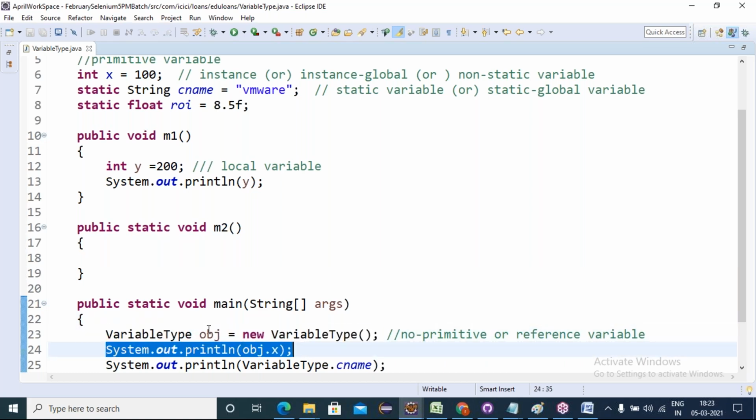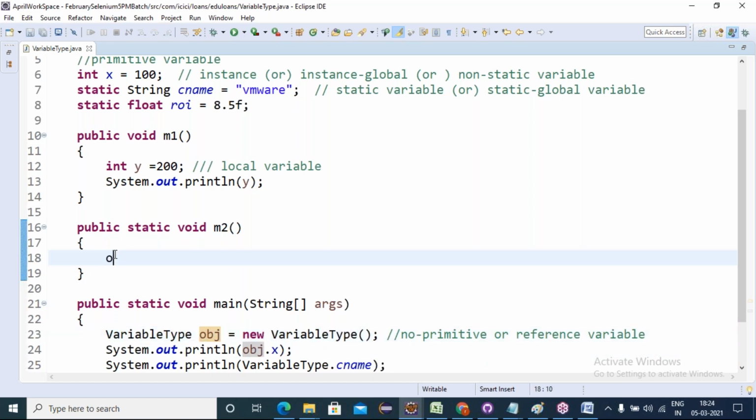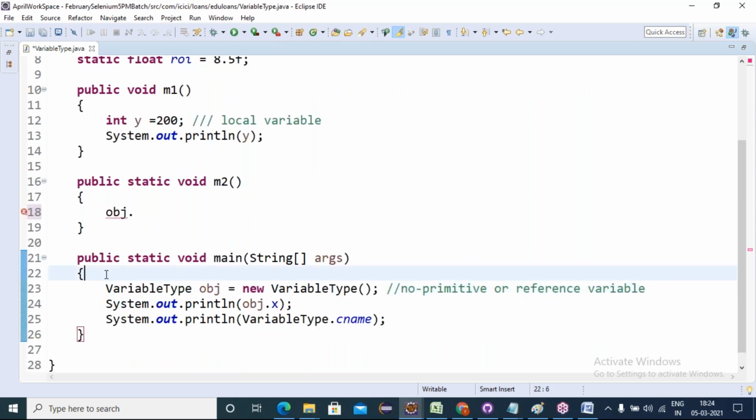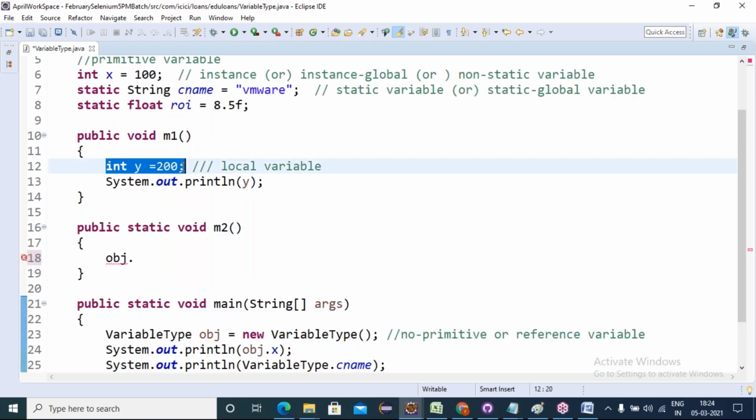You may have a doubt, Ravi, but I already created an object for this class, right? Can I use this reference to access here? No. Is anything coming? No friends. So creating the class object inside this method, again it represents a local class reference. This reference variable I created here only, and I can access it only within this. The same concept as a local primitive, how it is accessed only inside here.